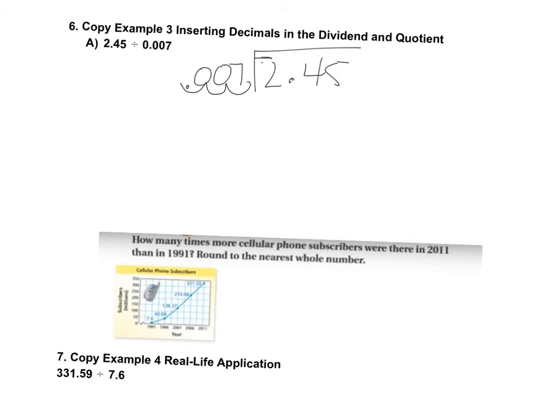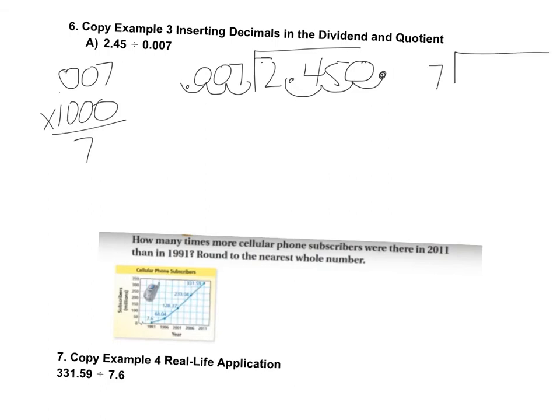So what that means is we're going to be multiplying 0.007 by 1,000 to move it over that many places to make it 7, right? Whatever we do to the divisor, we do to the dividend. So we go 1, 2, oh no, we don't have another spot. Well, this is where we insert that 0 right here. So now, what we have is, let me clean this up a little bit for you, 7 and